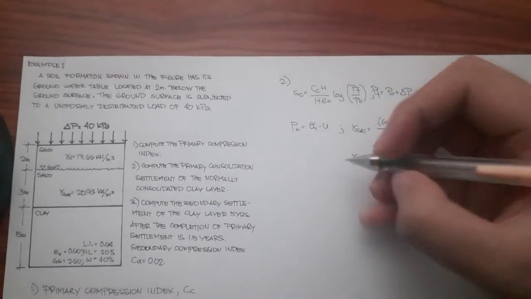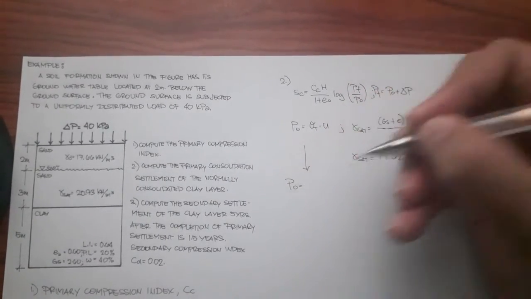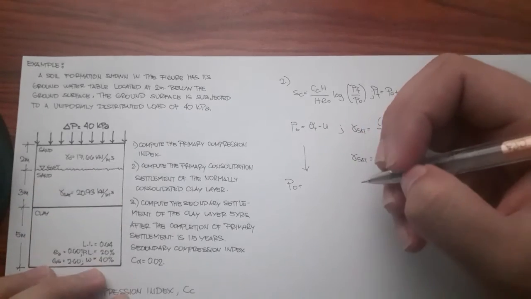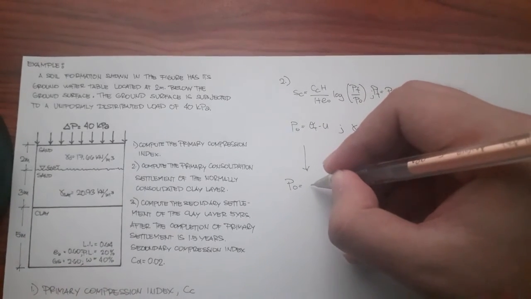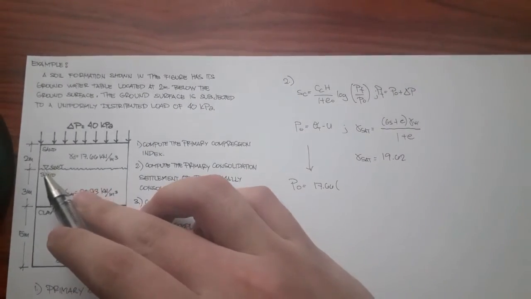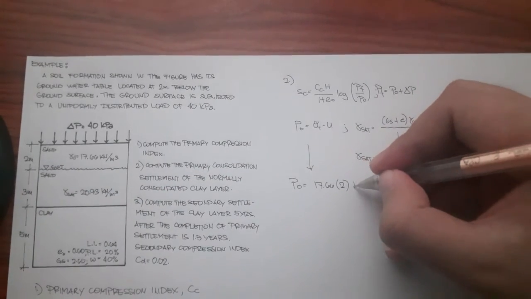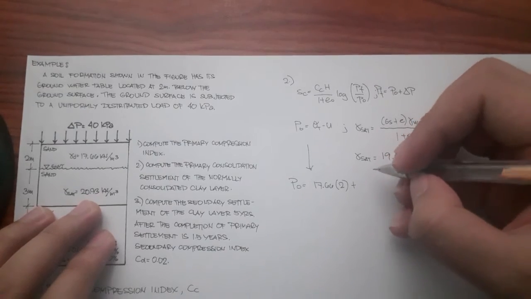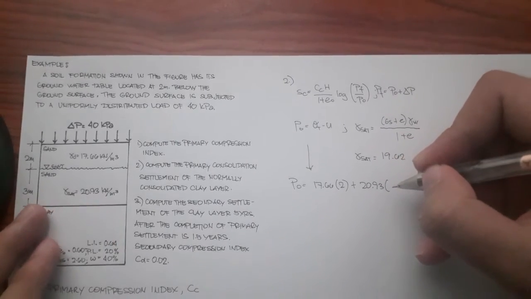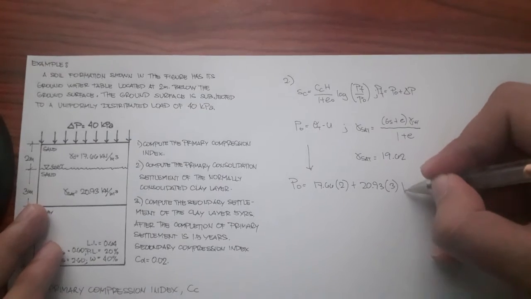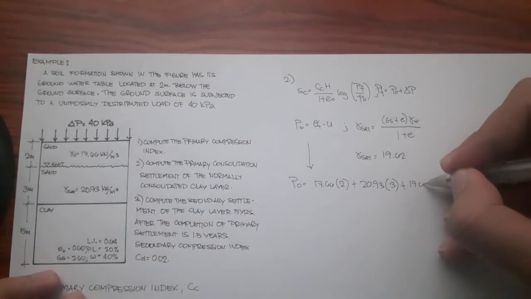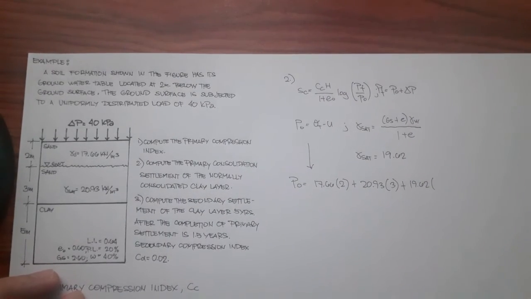Then we calculate the value for our PO, which gives us first, we put the total pressure, which is gamma dry of sand 17.66 times its height of 2 meters plus the gamma sat of sand, which is equal to 20.93 multiplied by its height of 3, plus the gamma saturated in clay, which is 19.62, and its distance